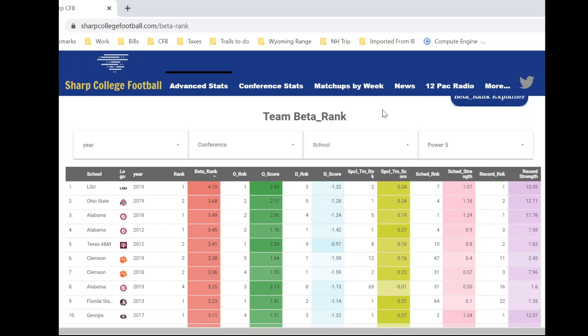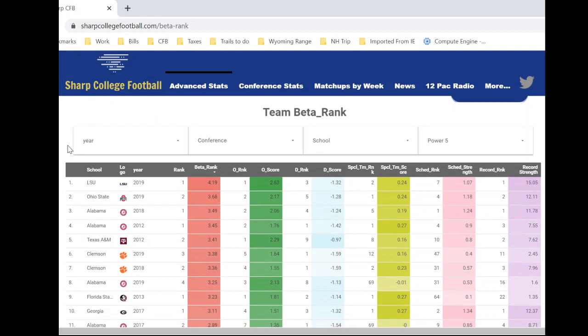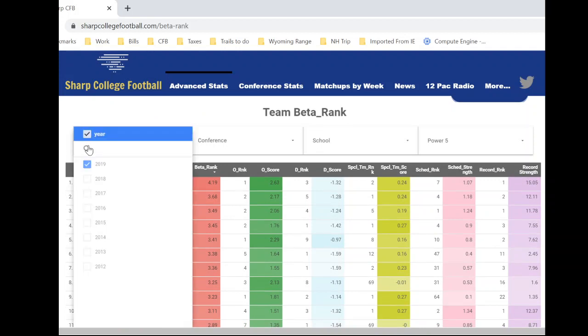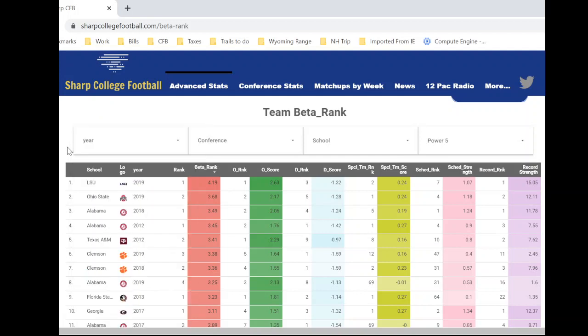But what it does have is we do have a lot of filters now on the reports, and we're going to walk through how to use this Team BetaRank report, and this will also apply to the offense report and the defense report that we put out. So you see here, right now we have data from every year in BetaRank, and that's from 2012 through 2019. And it's already sorted according to who the top team is. So the top team that we have in BetaRank over that period is last year's LSU team that won the